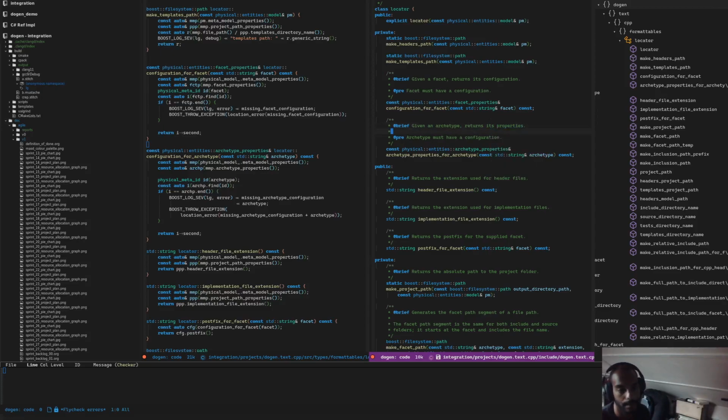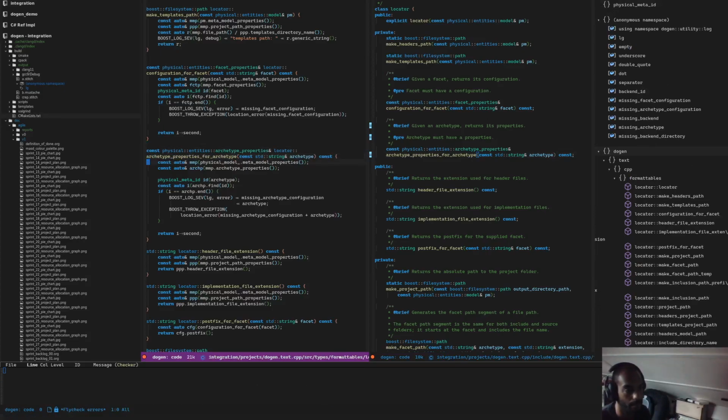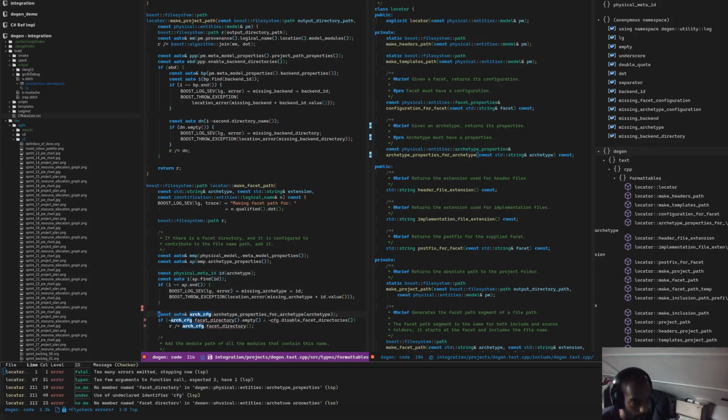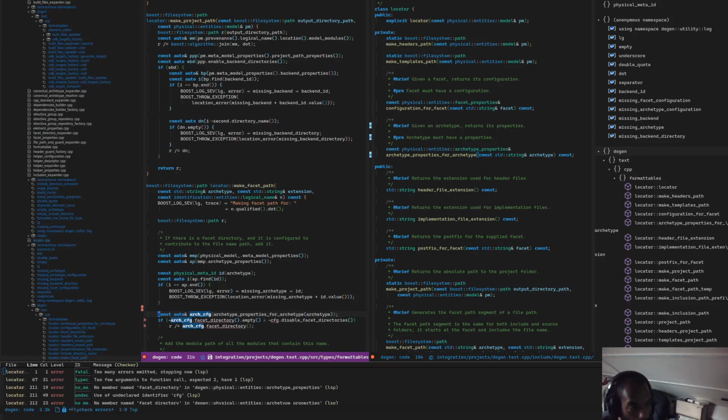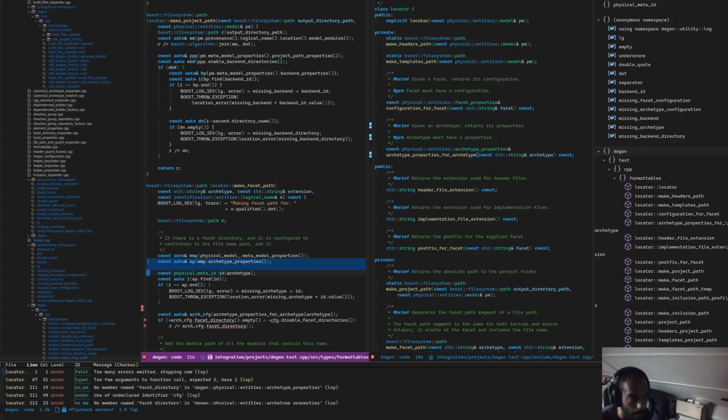I really am not a big fan of these names, configuration, properties, but we just have to bear with it as we go through the model to the discovery of this domain, and then at some point hopefully we're going to find the right names for things. So really what we should be doing here is to say, don't bother with all of that. We already have an archetype here, so let's just say